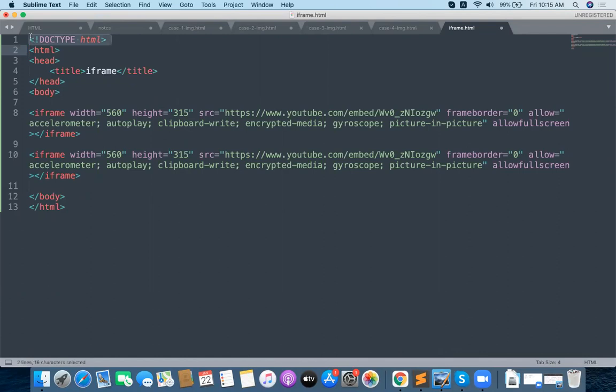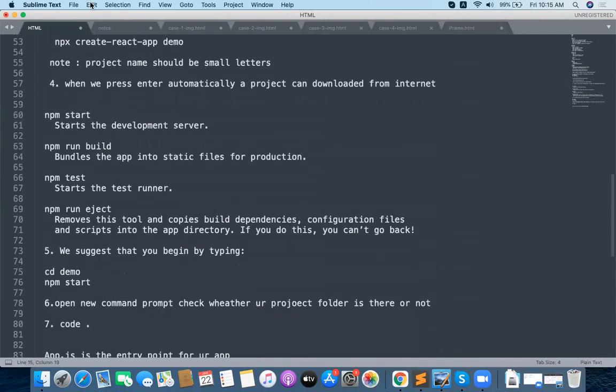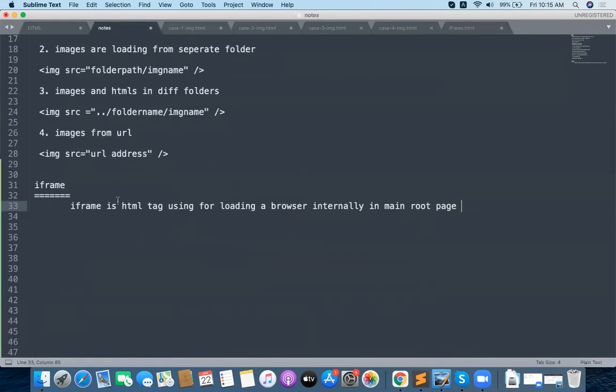You practice with images and iframes today. In the next class I want to design one simple gallery application with the table layout. And we just want to finish up forms in the next class: sign up form, sign in form, all the form related content we will see.